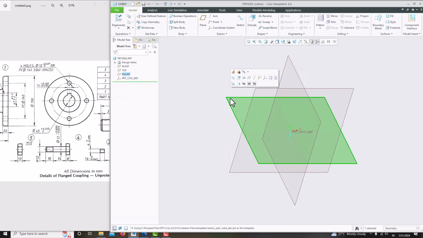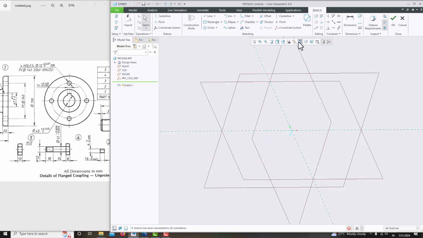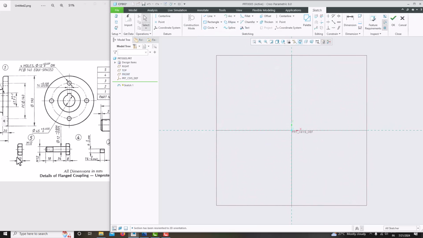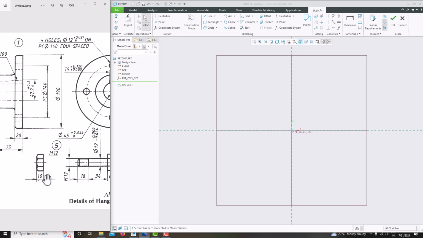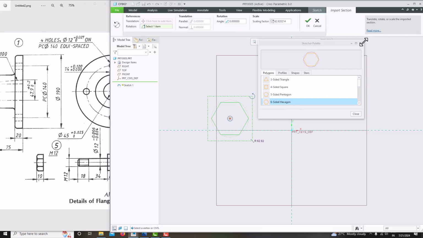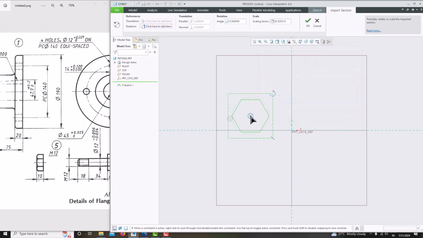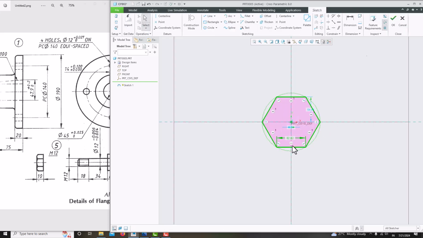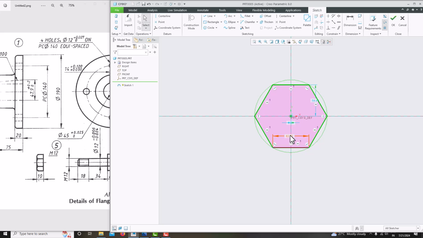Just select this front plane, sketch view. Here our bolt is the same M12 bolt with a 10 mm thickness. Just again go for palette, hexagon, just double click here and place it here, then close it. Just move the center point to the center point of this one, press the roller and remove this dimension,